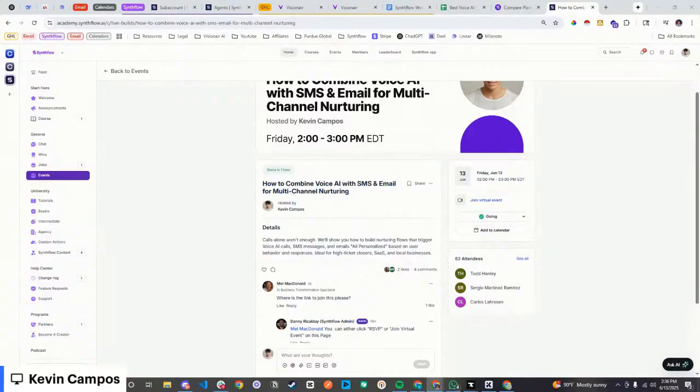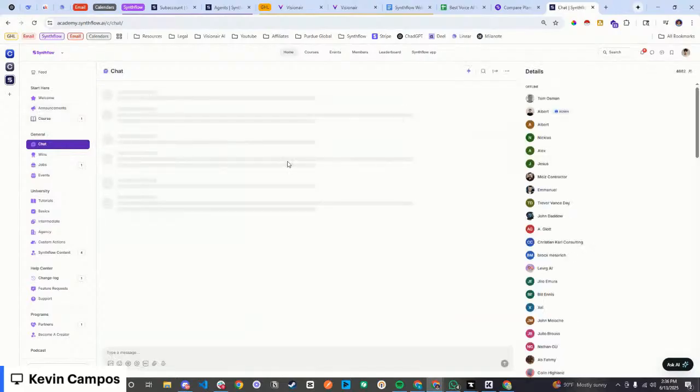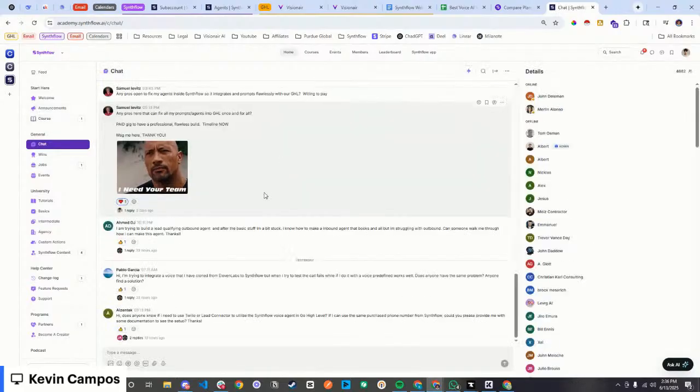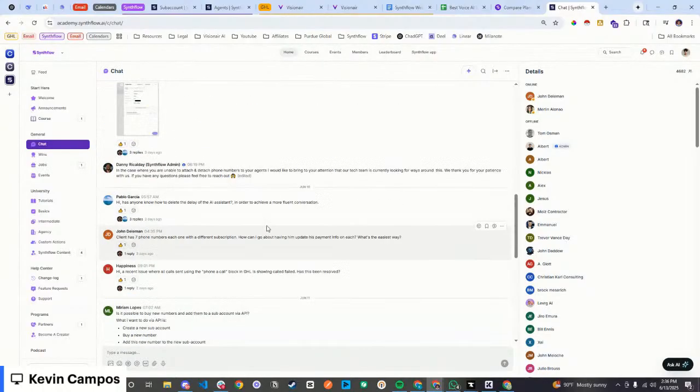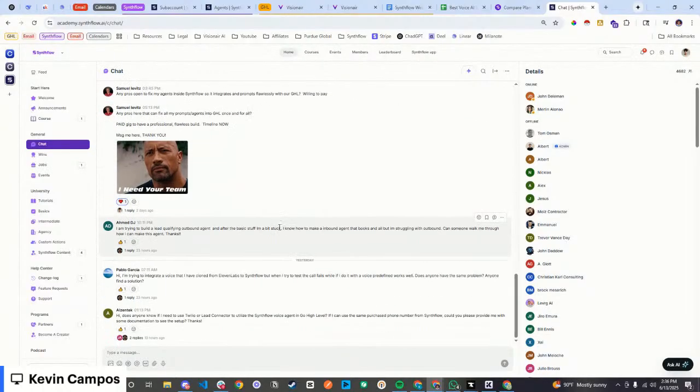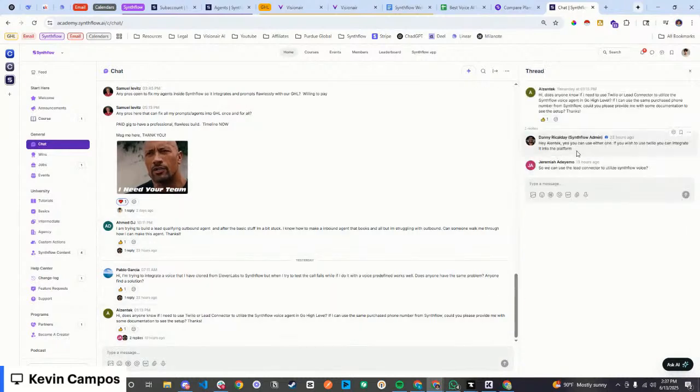Okay, so I want to show you two ways of getting the support that you need. One way is obviously leveraging the community that we have for you at Synthflow, which is going to give you all of these benefits. It's going to give you a solid community that not only will help you out with some of the tickets that you may have, but I personally chose one of the guys here that's managing the community who's always active here helping everybody out. His name's Danny Ricalde. He will basically go in. If you have any doubts, make sure to post them in this chat right here.